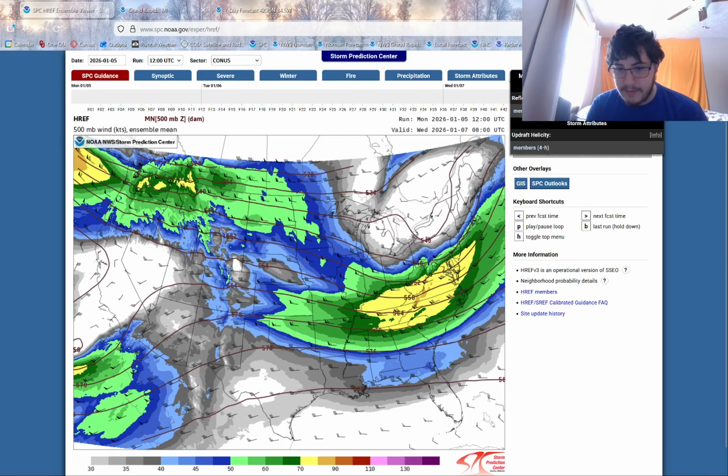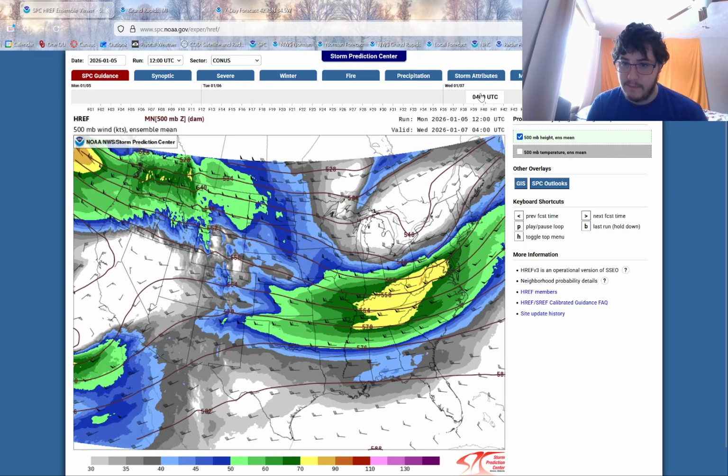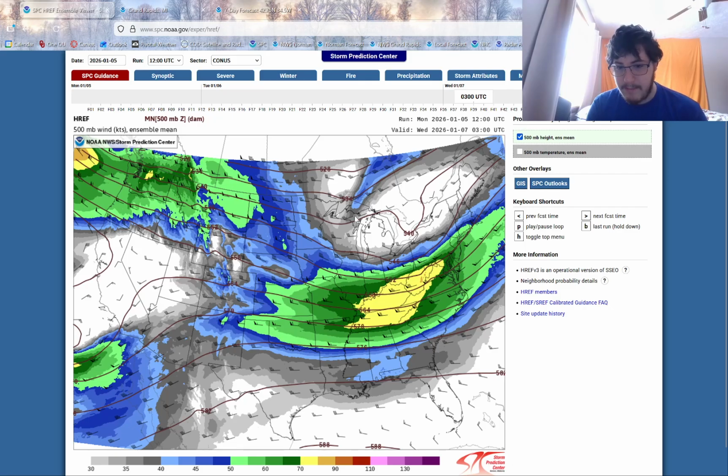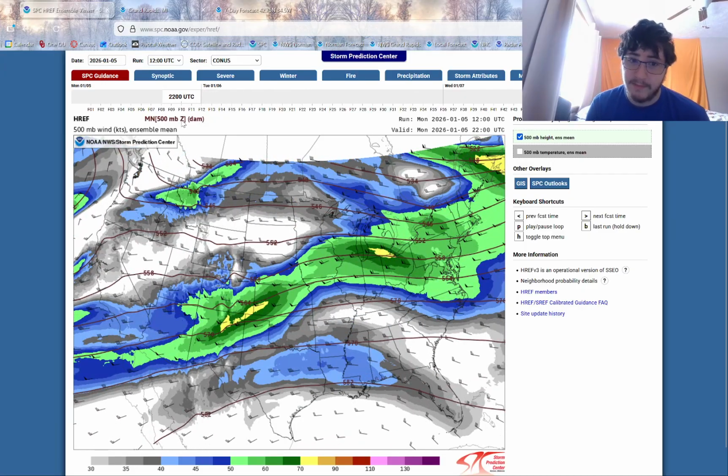Though that one, as we head into tomorrow evening and into tomorrow night, looks like it may mainly be to our north, although you do see a little bit of its influence all the way down here too. Point is that we are likely going to be seeing some precipitation over the next few days, judging from the